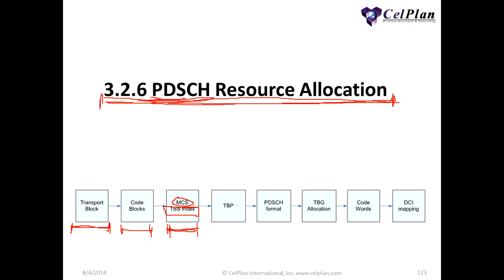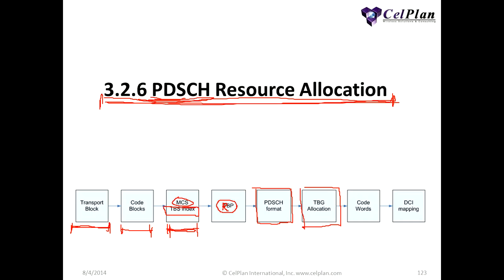Then this table will tell us how many resource block pairs we should use. Okay, once we define the number of resource block pairs, then we can define, automatically, the PDSCH